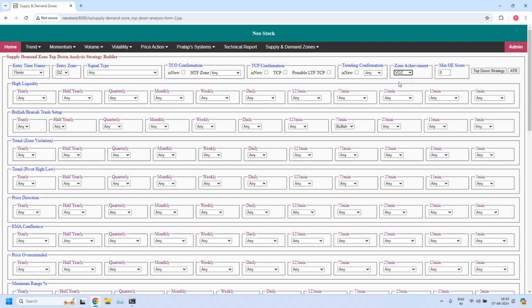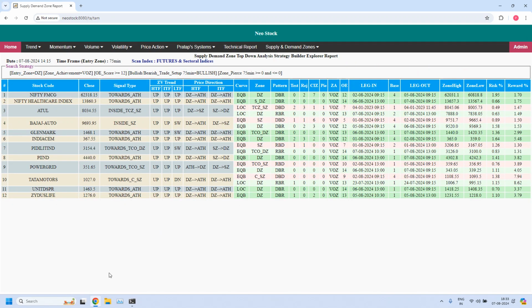Zone achievement should be violated opposing zone, minimum odd enhanced score should be 12. Now all the 3 filters are applied to 75 minutes demand zone. Now 12 stocks are filtered. These 12 stocks are currently supporting bullish trade setup for weekly income trade. Entry time frame is 75 minutes here. Okay, from this list,